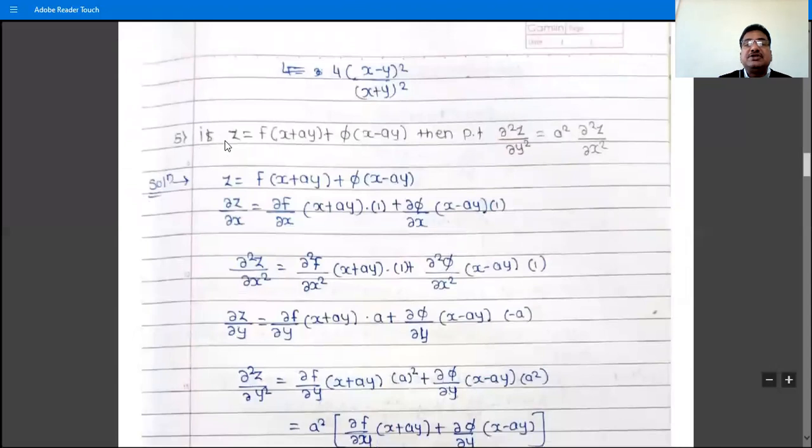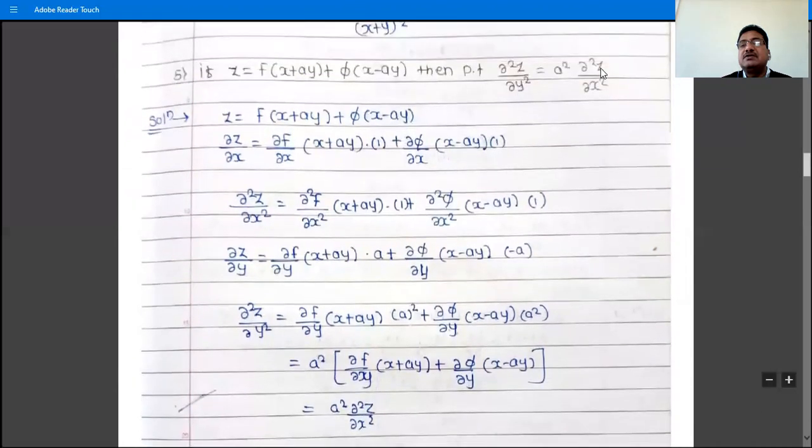Then next example, z is f of x plus ay plus phi of x minus ay. Then prove that del square z by del y square is equal to a square del square z by del x square. First find del z by del x. So del z by del x means the derivative of this quantity. So what is the derivative of this quantity? Del f by del x,